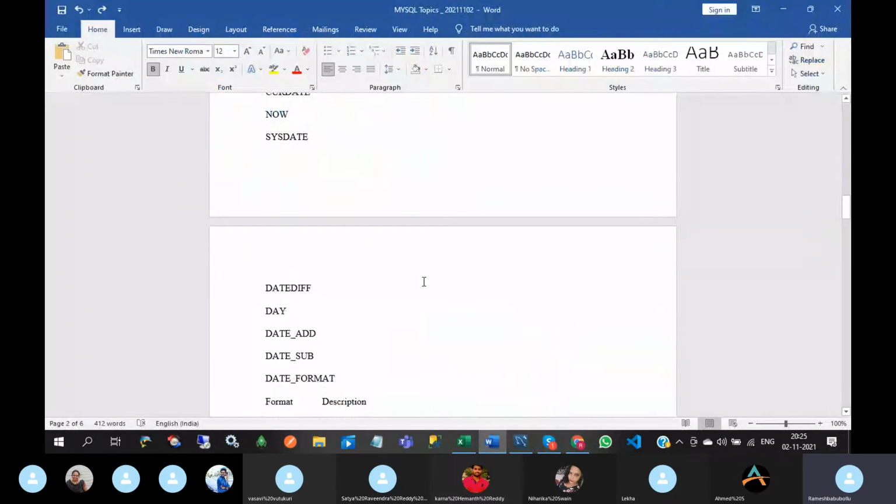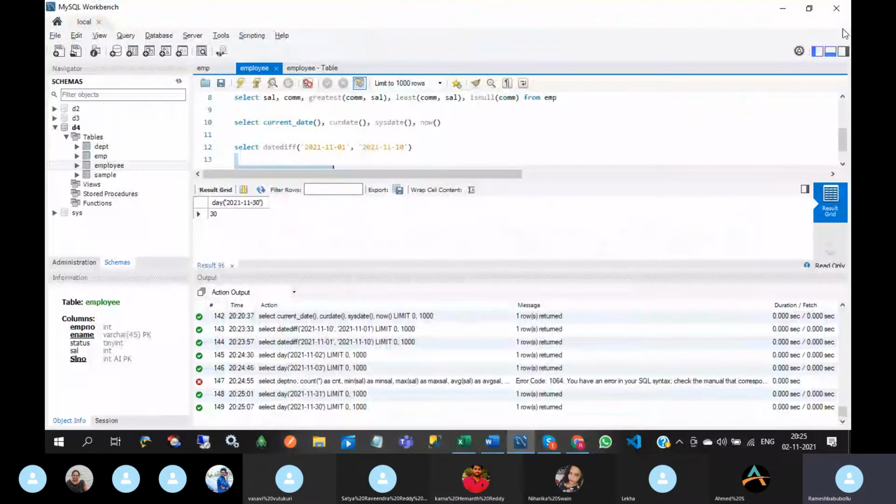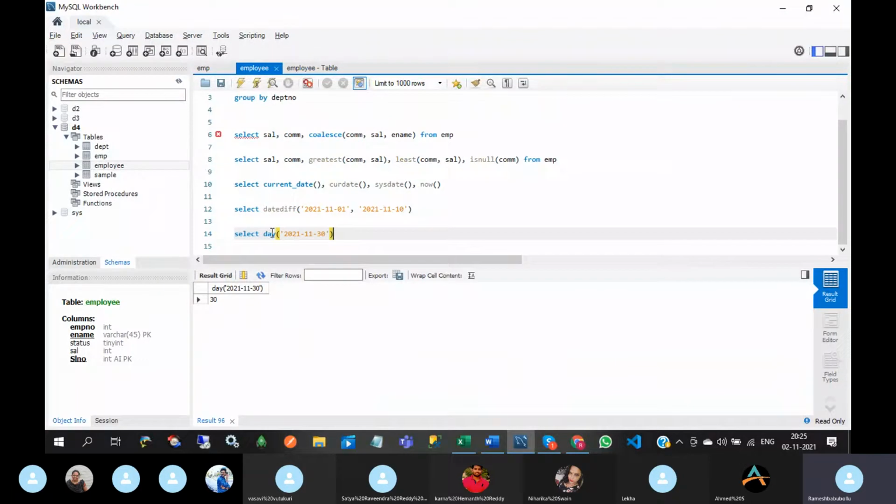Next one, date underscore add. Here the syntax is: the time now, 20, 25, 10 seconds, then INTERVAL. This is the keyword.